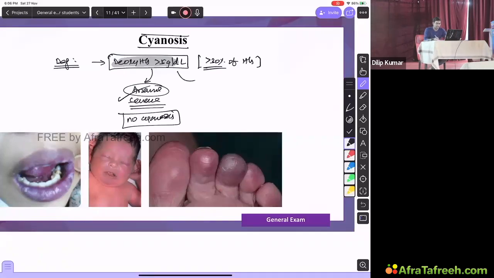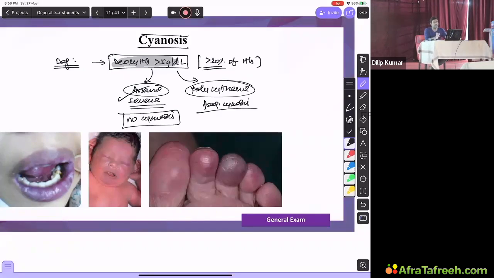For the same reason, a patient who has polycythemia, even if they don't have any cardiorespiratory issue, can still develop frequent cyanosis. Because a polycythemic patient may have a hemoglobin of 20. In that, achieving 5 grams of deoxyhemoglobin is very easy. Even in normal day-to-day situations, you can reach 5 grams per deciliter, so they can encounter frequent cyanosis. So that is the implication of knowing that deoxyhemoglobin should be more than 5 grams per deciliter